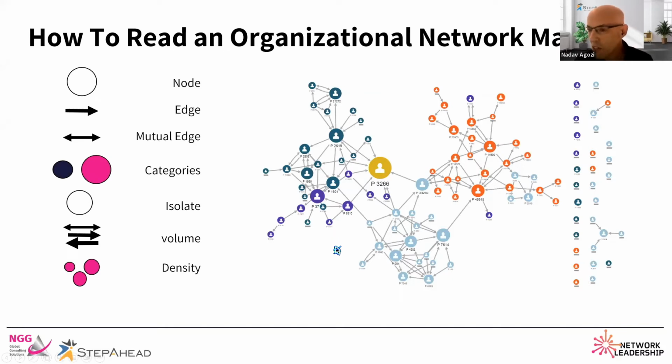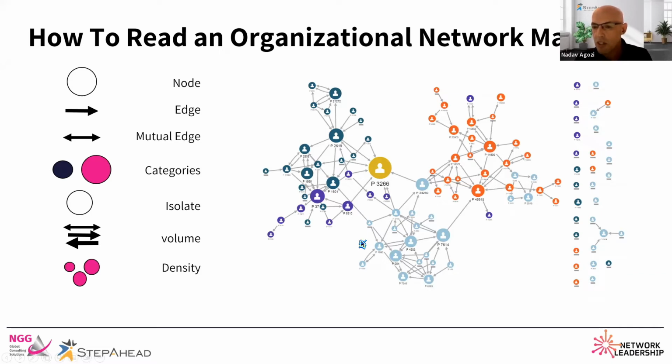Every circle is a person, someone working in this company, and these people are connected. They have some kind of connection with each other. Again, it could be a professional connection, a friendship connection, or innovation. Maybe they're thinking about or promoting the same innovative idea right now, but they have a connection. These edges, these lines, these arrows between them could be either one way or two ways, which means that they are mutually connected. And we see that there are different colors.